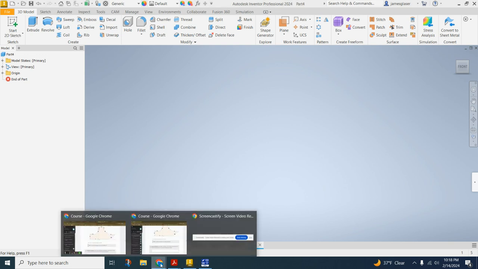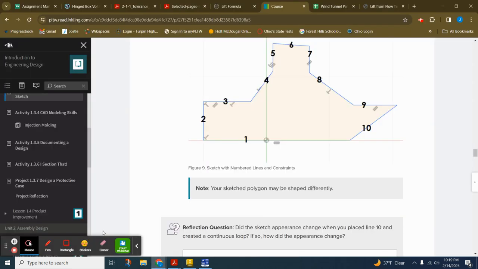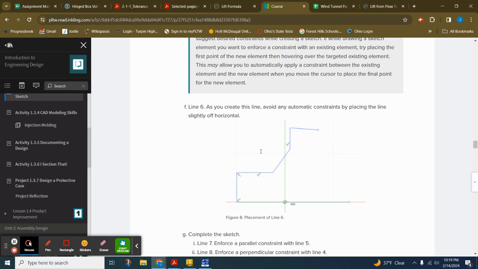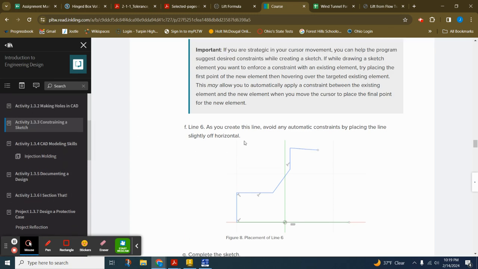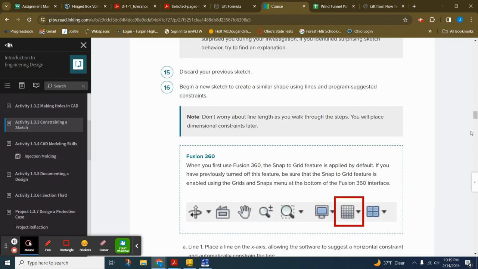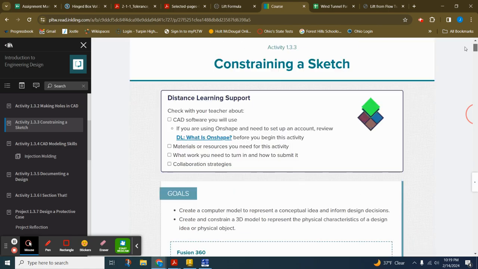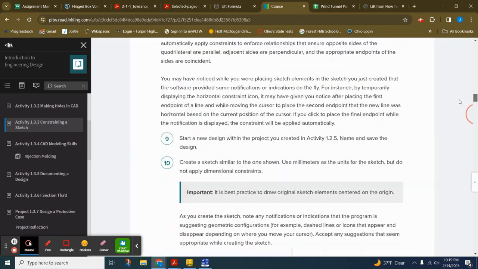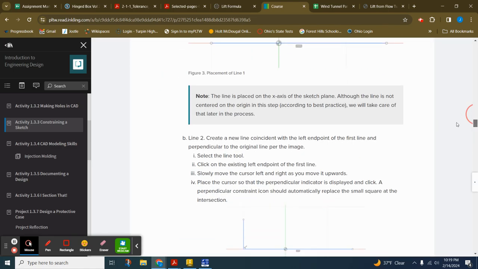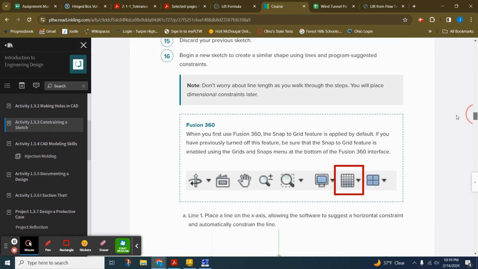Oh, by the way, we are in activity... Where'd it go? There it is. We are in activity 133. Yep, constraining a sketch. We're going to be starting off with number 16. Okay, so